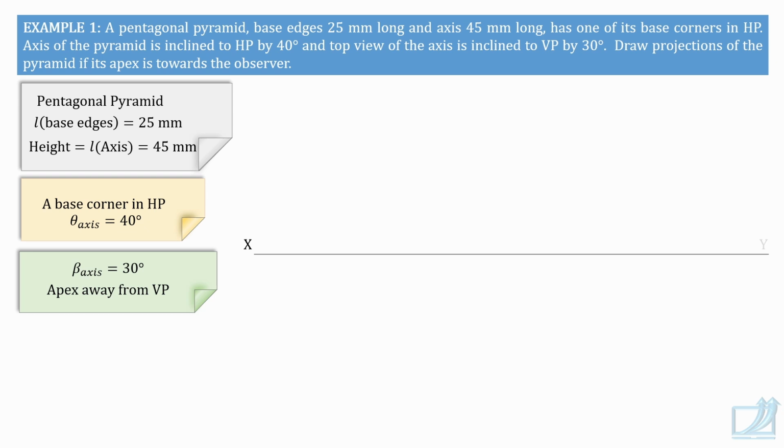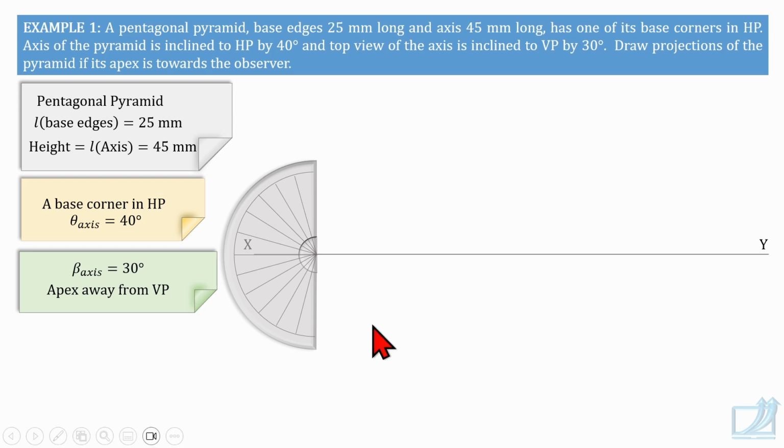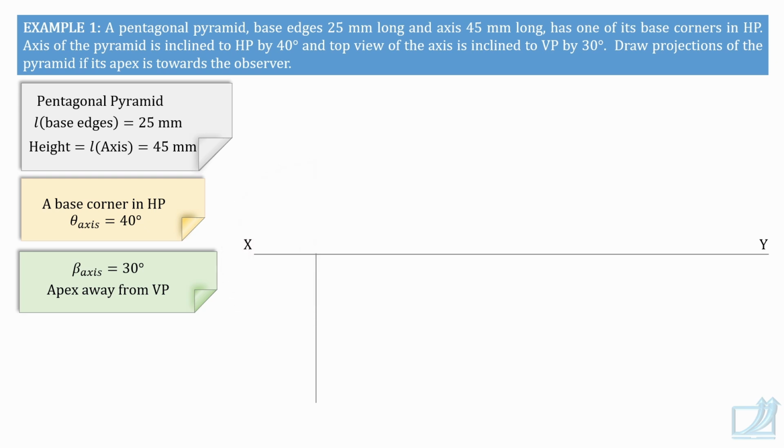Label immediately XY line. Now set a protractor in this way. Its axis of symmetry is along XY line, so that you will be able to draw a vertical line which is perpendicular to XY line. Now this is right now construction work, so these lines are faint lines. Now along this vertical line you measure 25 millimeters